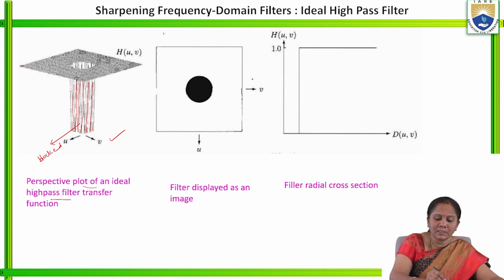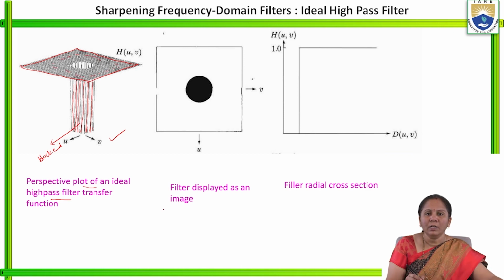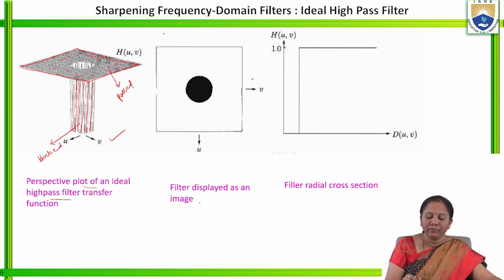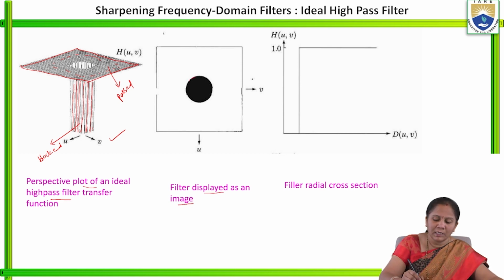And the frequencies that can be seen in this area here, whatever frequencies are available here, are all higher frequencies. So based on the transfer function of the ideal high pass filter, all these higher frequencies will be passed. And coming to the filter displayed as an image, here we can see a circle represented,